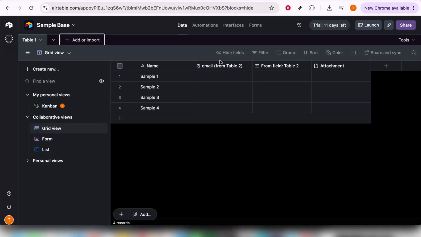First, begin by opening your Airtable Base. This can be done either by logging into your Airtable account online or accessing the desktop app if you have it installed. Once you're inside your base, you'll notice a series of tabs at the top which represent the different tables within your base. Adding a new table is a quick way to organize additional data so everything stays neat